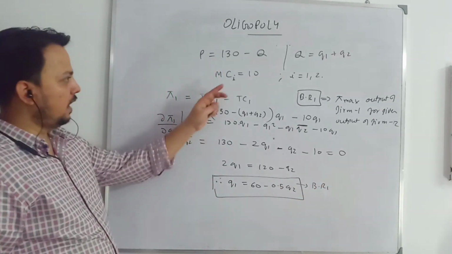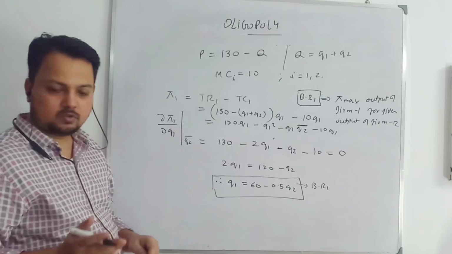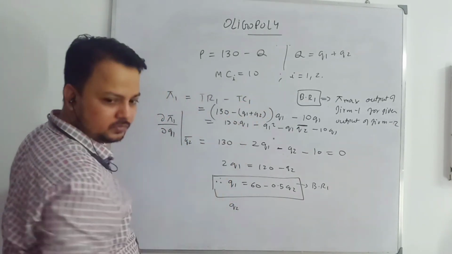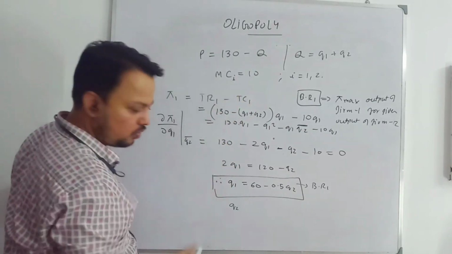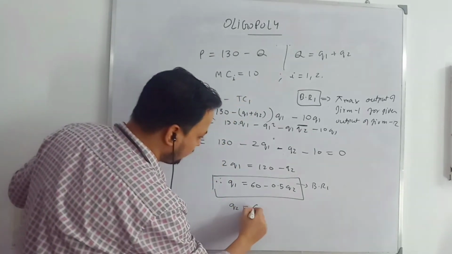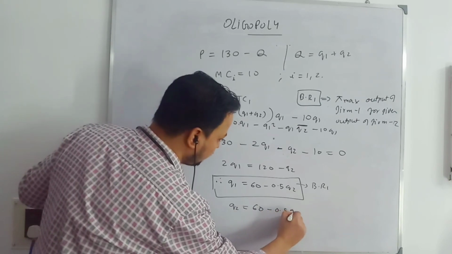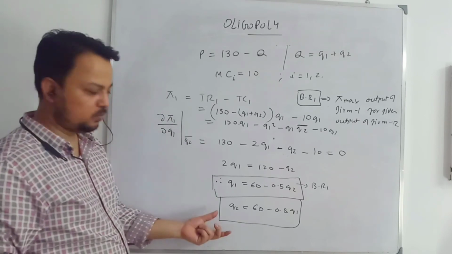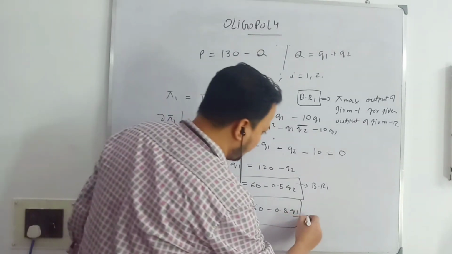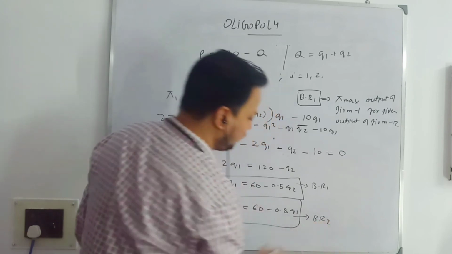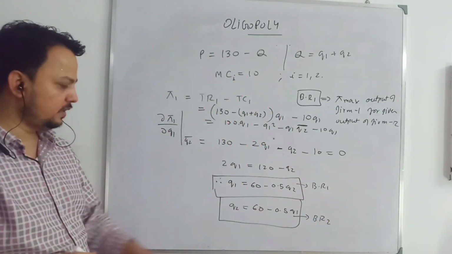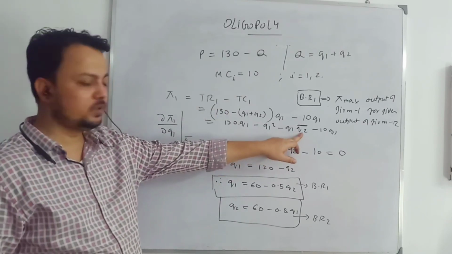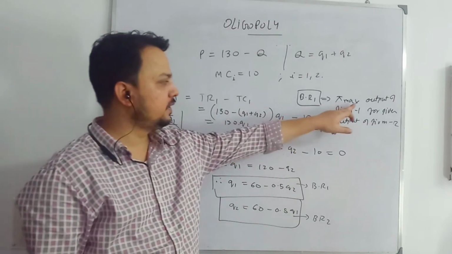Okay. And by using the symmetry rule, the best response equation for firm 2, because cost is the same. They are producing an identical product. I can write q2 equals 60 minus 0.5 q1. You can check it. You can derive the profit maximization condition for firm 2. It will be coming like this. This is the best response for firm 2. And this is for firm 1. This I have derived for firm 1 because the output of firm 2 is taken as given. By definition, it is for firm 1.